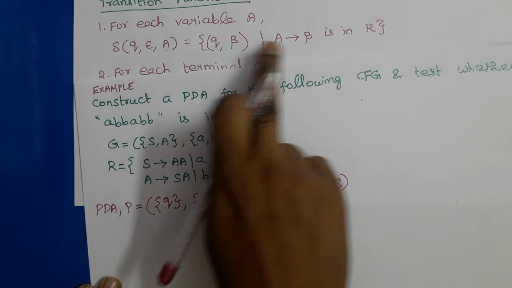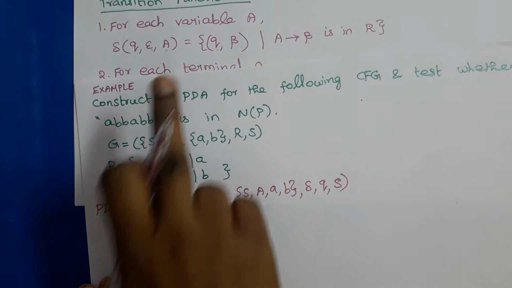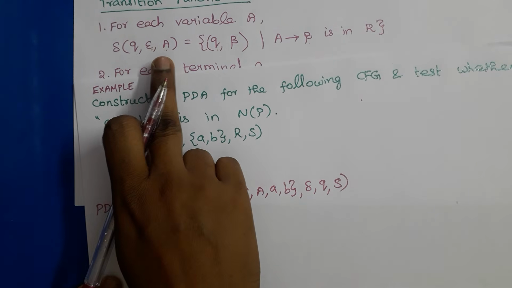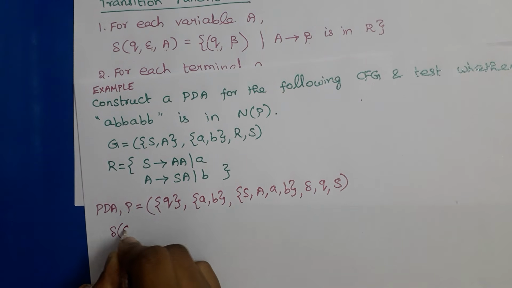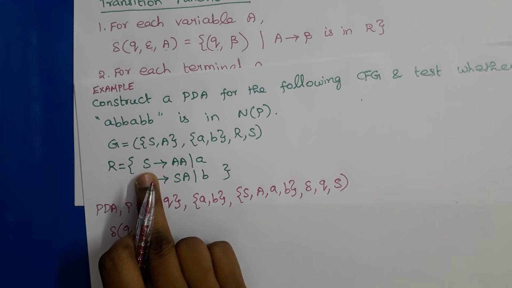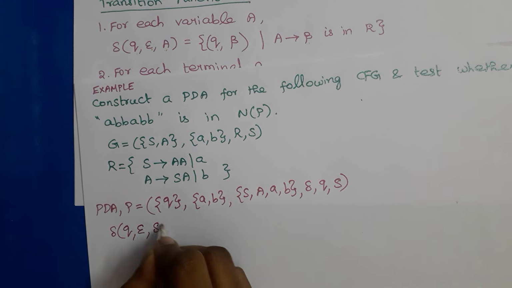So we have to write two pairs here. Therefore, it is given within a set of braces. It's a non-deterministic PDA, so it may have more than one pair. So δ(q, ε, S), and first we are going to write the rule for non-terminal S. So δ(q, ε, S) =